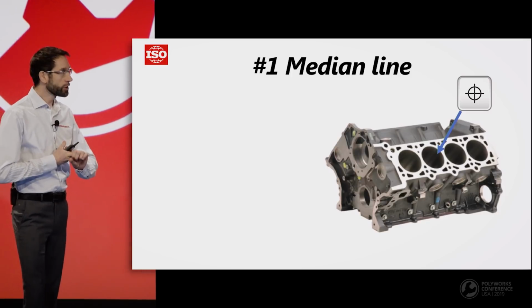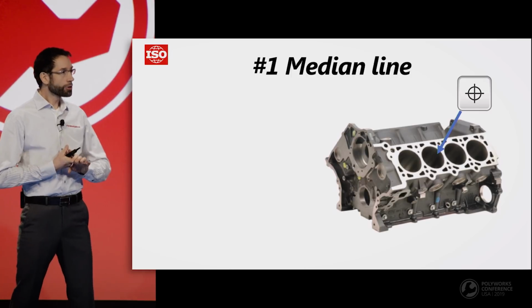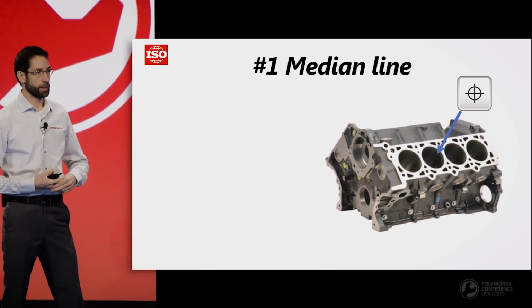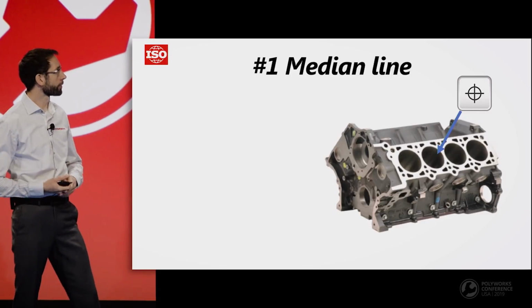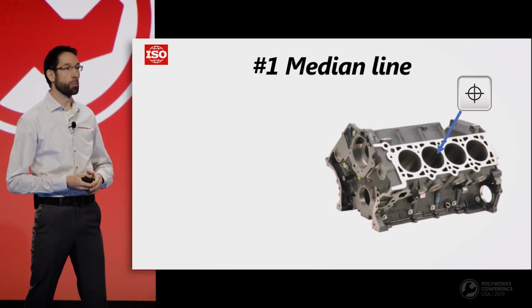So, the first feature I'd like to present to you is the median line. Mechanical parts often have strict functional requirements. And this is the case, for example, on a car engine. If you want to inspect, for example, car engine bores,